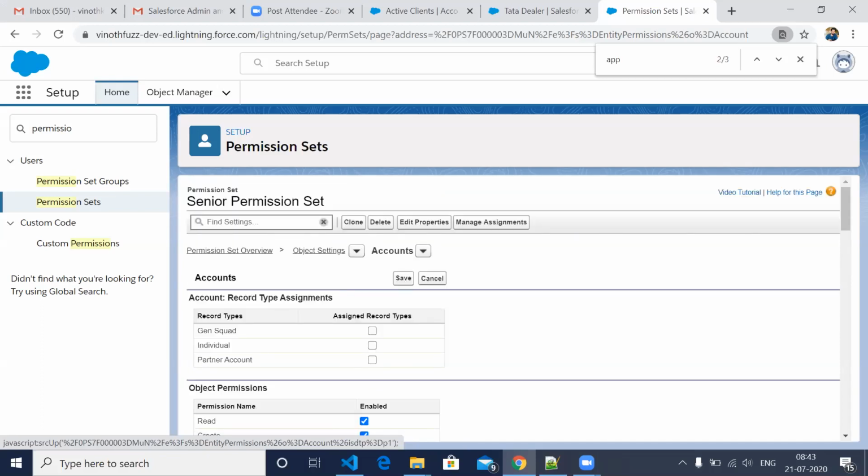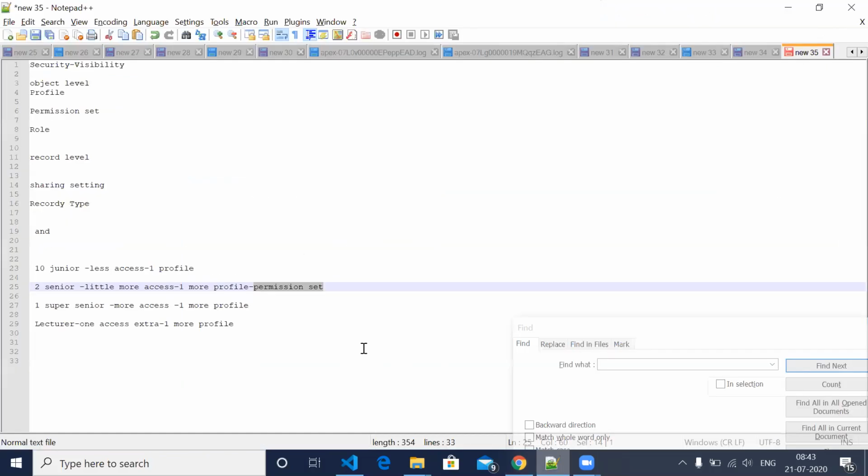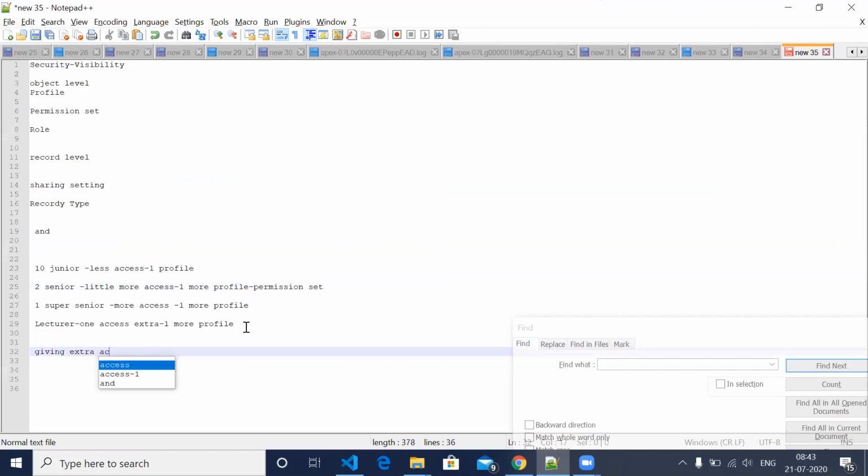You have to remember one thing: this kind of permission set is always for giving extra access. Okay, and you cannot remove access using this.